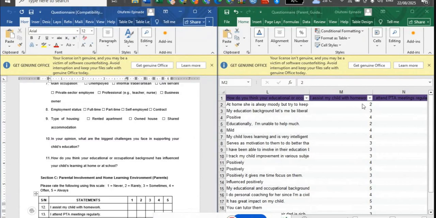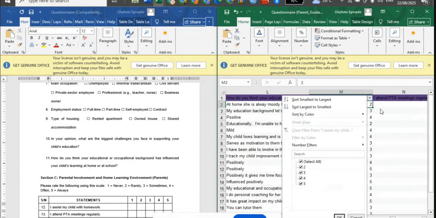So we have to do the data cleaning because all these numbers we are seeing here have their own meaning in the questionnaire. The question said,